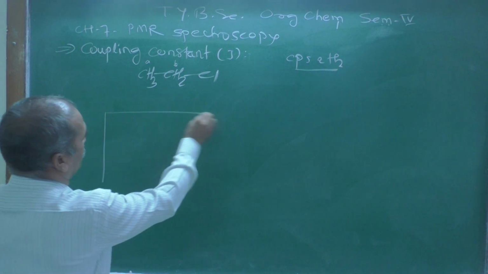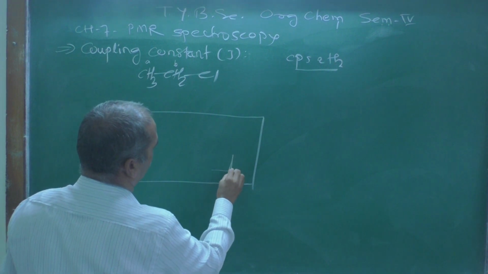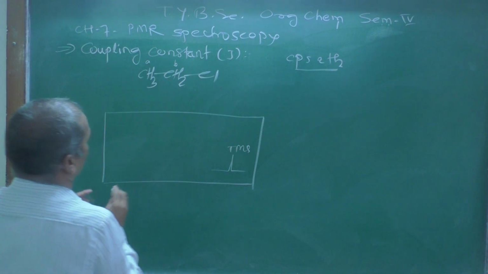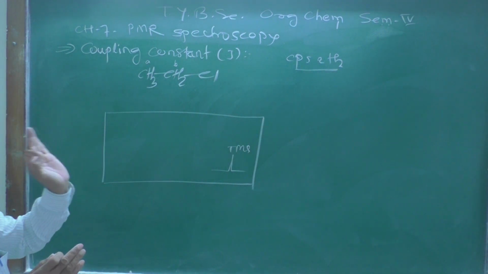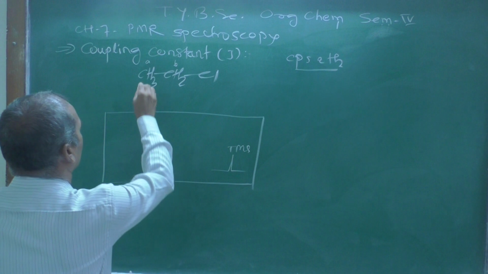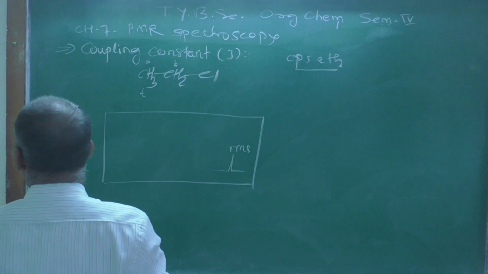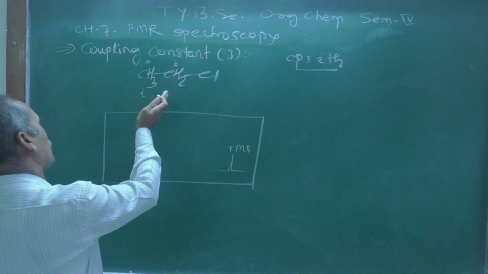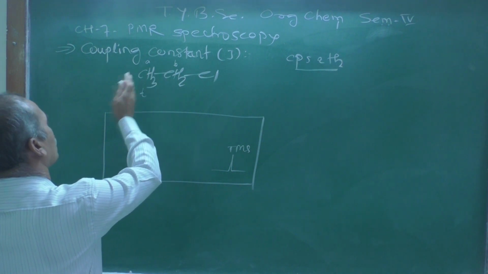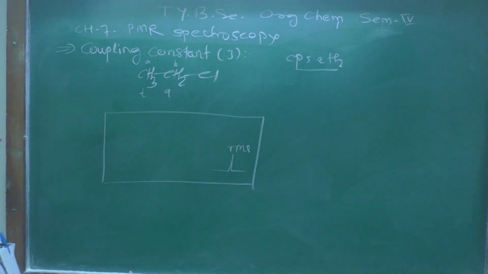Let us see the spectrum over here of ethyl chloride. Here one peak is due to the TMS, tetramethylsilane. Now we know the approximate chemical shift values of these two kinds of protons. A gets split into a triplet, because there are two neighbors, and this methylene proton gets split, or this signal is converted into a quartet, because there are three neighbors, and therefore the splitting is a quartet.